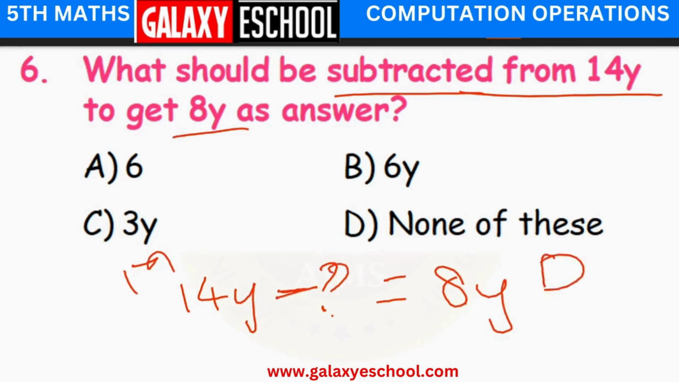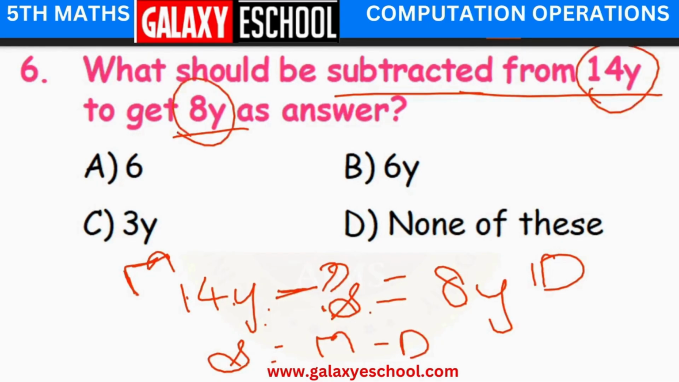See, understanding, right children? The bigger number is given here, minuend is given and the difference is given. Now how will you find out the subtrahend? Subtrahend is equal to minuend minus difference. Yes, the given two numbers, the difference of minuend and difference here. 14y minus 8y. Now you might be confused